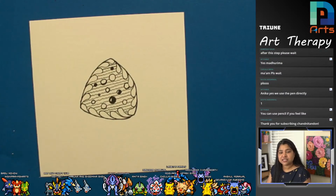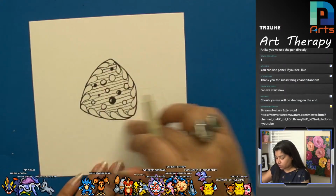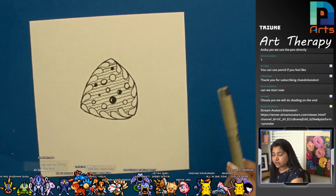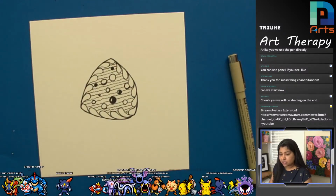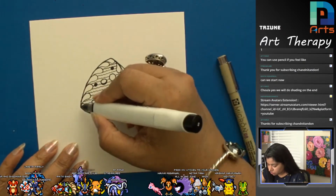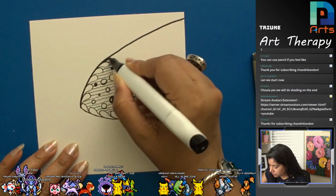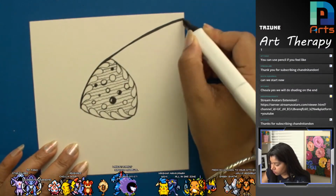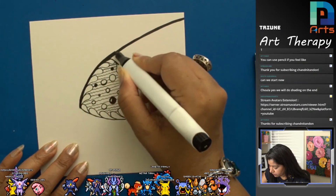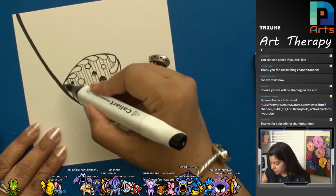Chandni Tandon, yes, let's start. Let's resume. After this, we are going to extend these curvy linear triangle lines all the way to the corners. For this, I'm using my little thicker pen. You can use the same pen and draw it two times, or you can use a thicker pen if you want, all the way to the corner. I want a little thicker line, so I'm using this thick pen here. This line will go